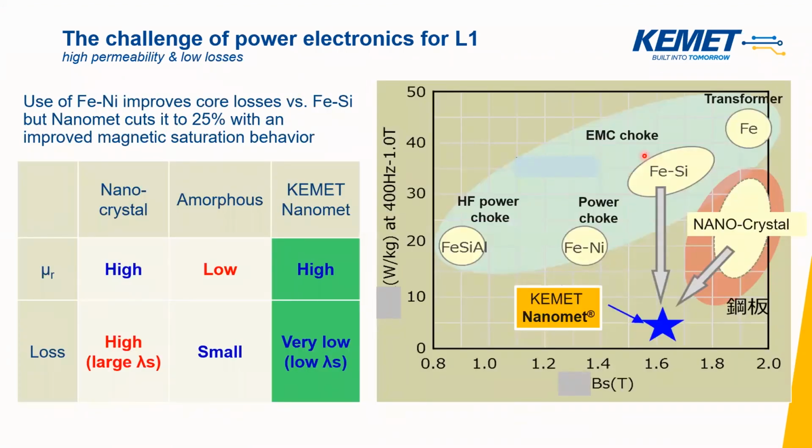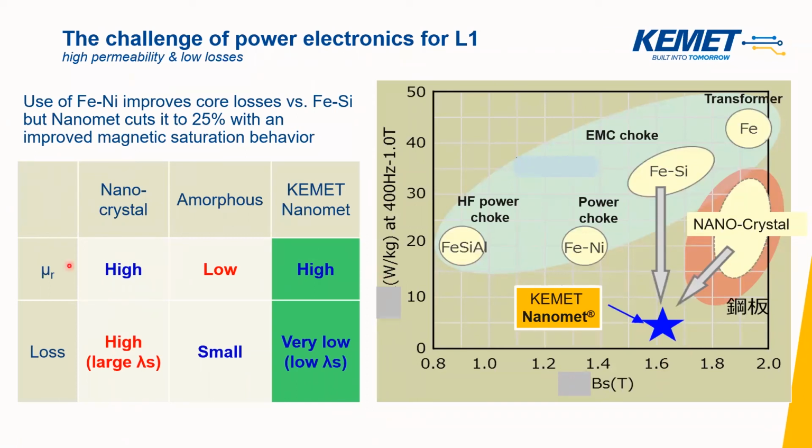The other big challenge of power electronics for the power inductor, for L1 or for power inductor material, is that materials that have high magnetization capability also typically have high losses. So if you look at amorphous iron, for example, this material has high magnetization capability, but there are also a lot of high losses associated here. And here again, nanomet gives you this advantage in trade-off. So it has high magnetization, but it does not have very high losses.